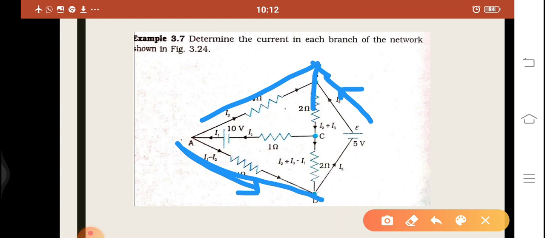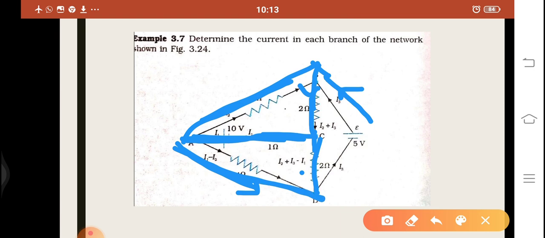So in this branch I2 plus I3 will come here. Since from this battery I1 is going here, the remaining current I2 plus I3 minus I1 will come here. This logic you have to apply. If from battery E1 I1 current is going, at the beginning we have mentioned that I1 current is going here. So in this branch I1 current will go, I2 is going here, remaining I1 minus I2 will be here.